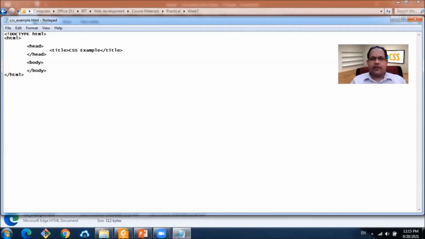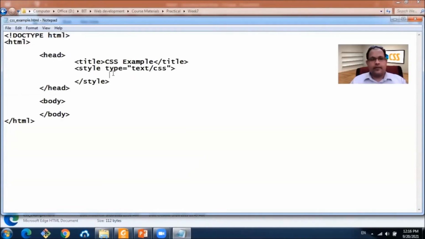So how can we define a style element? This style element should be defined inside this head tag. So within the head tag, we should specify style and define the type attribute as text/css, and also the closing style tag. Right?